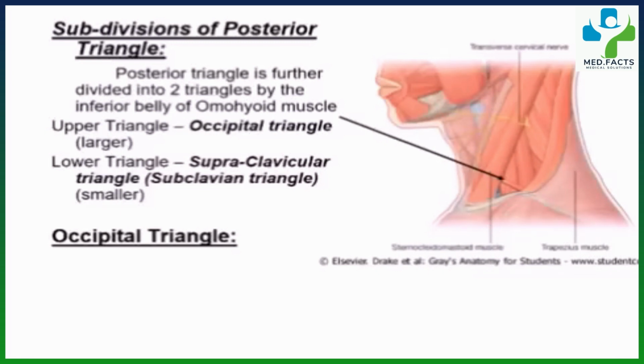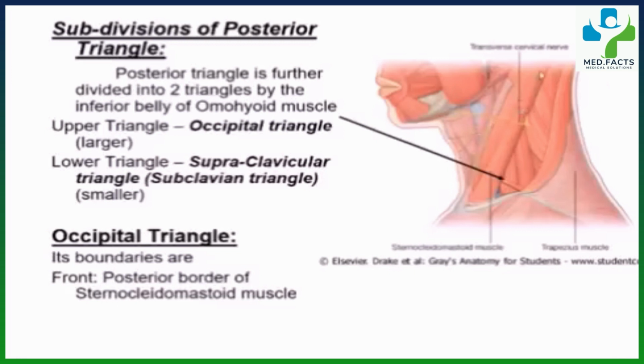If you can see here, anteriorly we have the sternocleidomastoid muscle. The posterior border of the sternocleidomastoid will form the anterior boundary. Posteriorly we have the trapezius muscle. The anterior border of this trapezius will form the posterior boundary, and below we have, as I